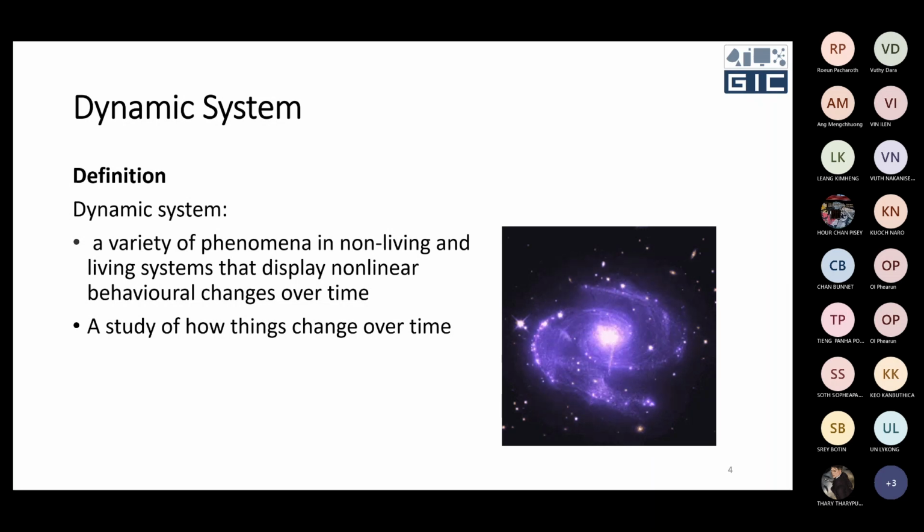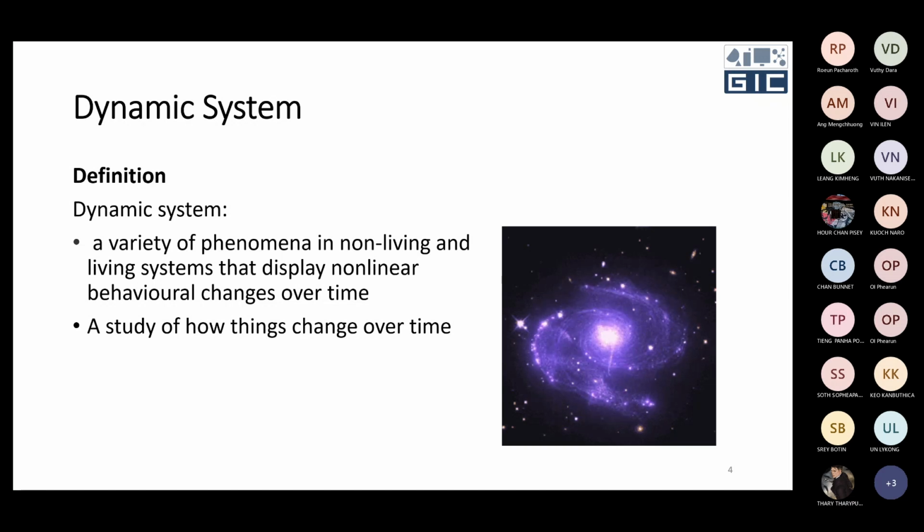But when you talk about a machine or electronic device, and those devices have functionality to produce something or some product, we call it non-living. So the definition is a variety of phenomena in living and non-living systems that display non-linear behavior